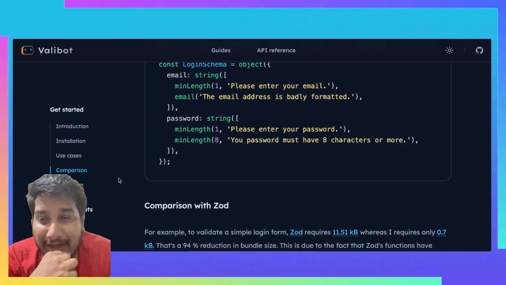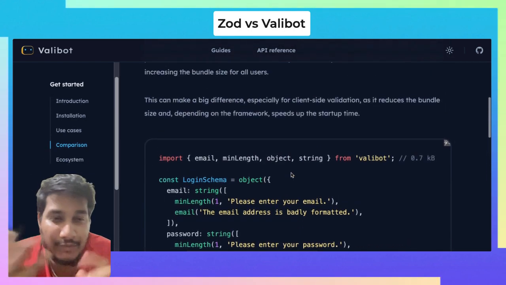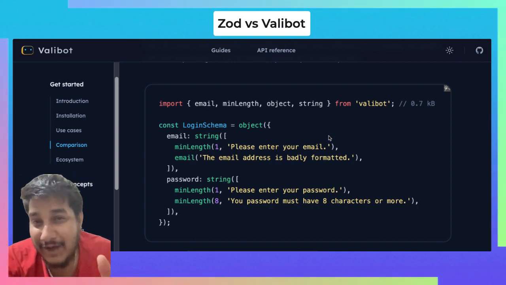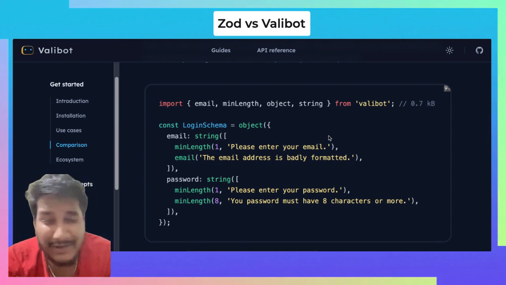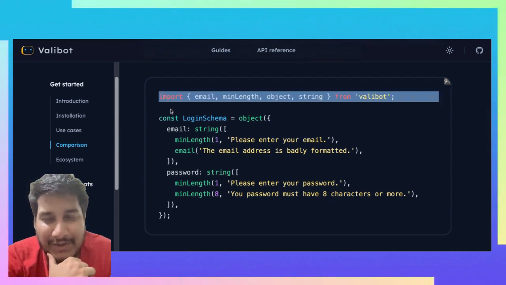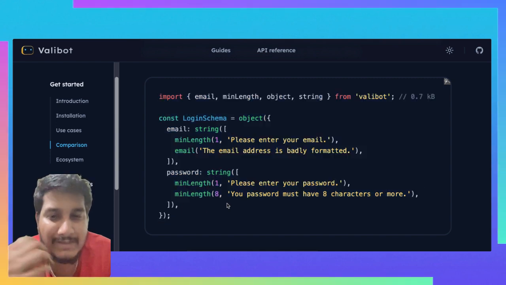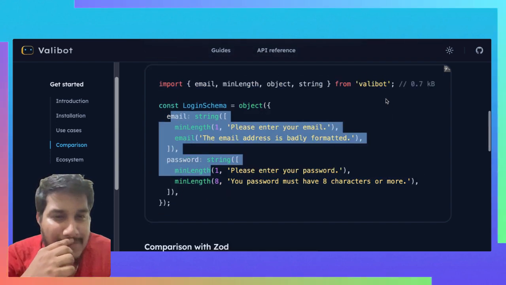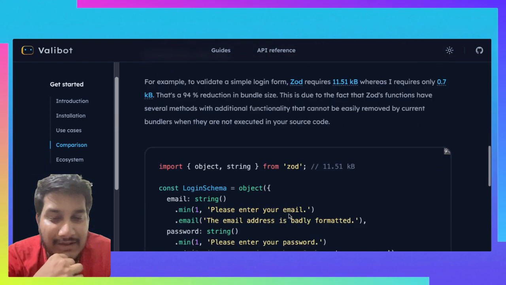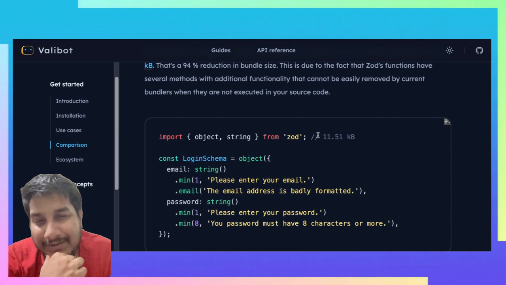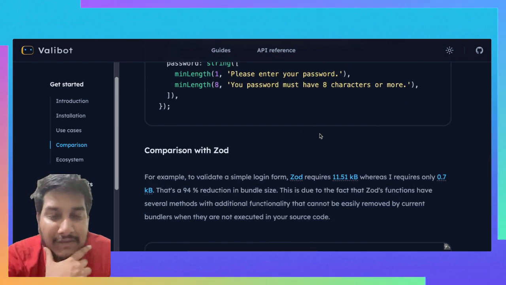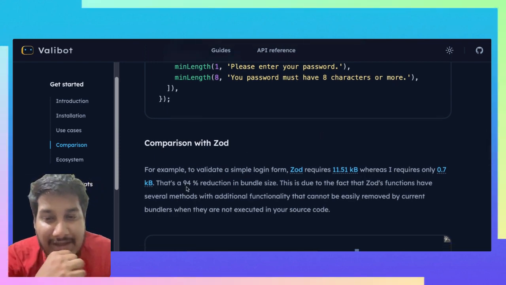So I went through a few of their websites. Just a disclaimer: if you have been using Zod, then only watch this video, or you can skip to the next part. Okay, so coming back here, as you can see, just to create a normal validation, I will come into all of this in detail, but just to get a normal validation of a login form, it comes under 0.7 here, and what Zod does is it comes under 11.51. Comparing this with Zod, the main thing they claim is a 94% reduction